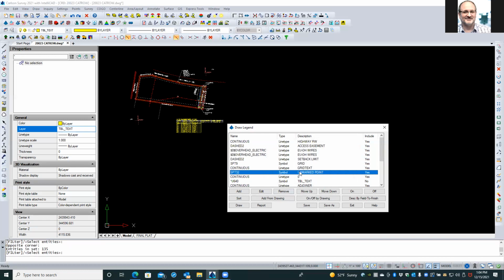Okay. Yeah. And, you know, so you can see what we're doing here. Now, there's line types. I've got two different ones. I'm going to go ahead and just remove that one. We'll call that